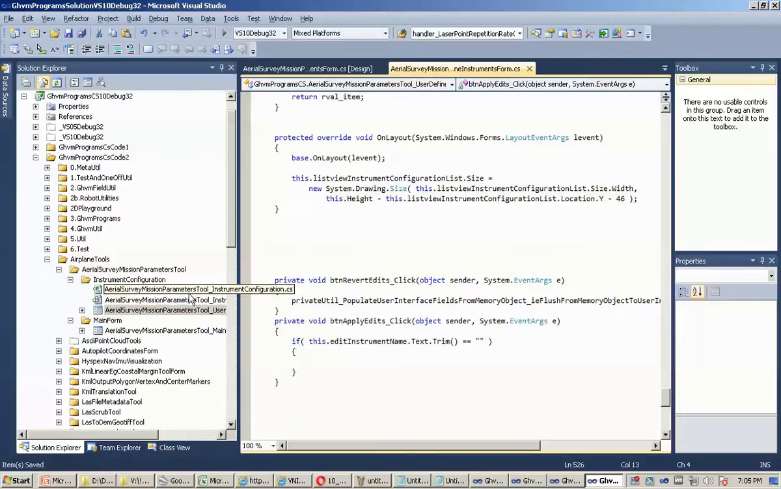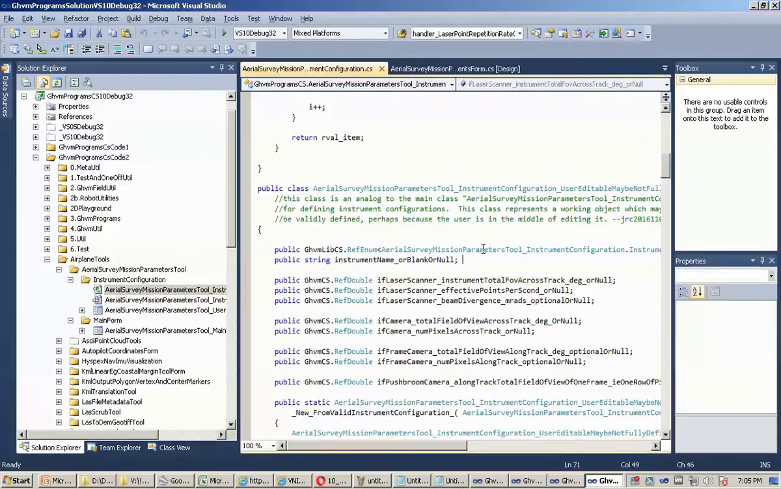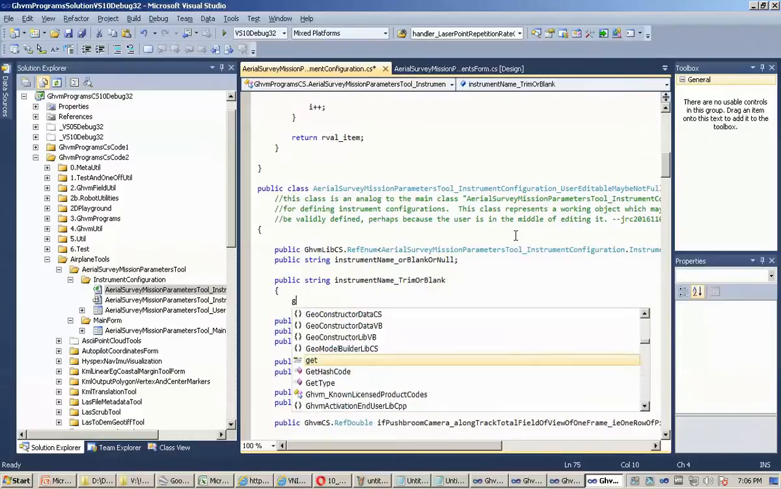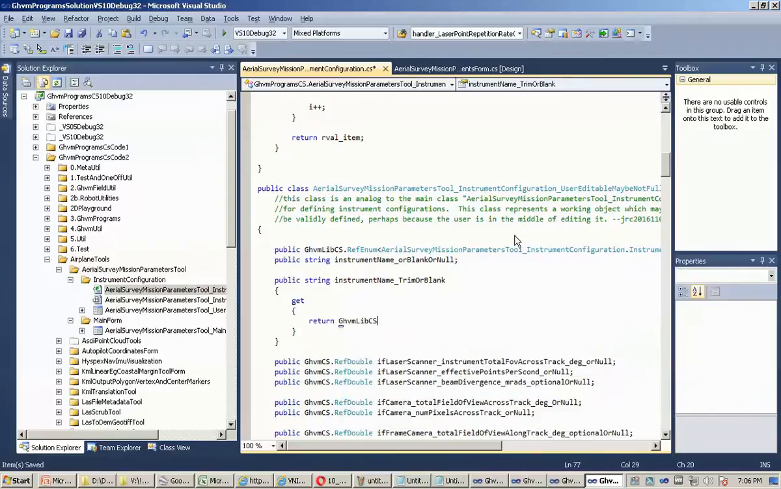For example, what I could do is have a property here that says instrument name, trim, or blank, and then I would make this private, and then everybody should use this. Then you're guaranteed that throughout the whole process, when you load an object from file and do tests for equality, at no point is any